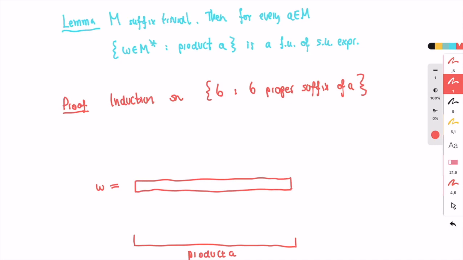Now, some prefixes of this word might have product b which is not equal to a. And if this happens, then b has to be strictly smaller in the suffix ordering. So we can apply the induction assumption. Now take the prefix which has a different product, b not equal to a, but which is maximal for the property. If you take that prefix, then the next letter, which is going to be c, will have the property that you add the next letter and its product is a